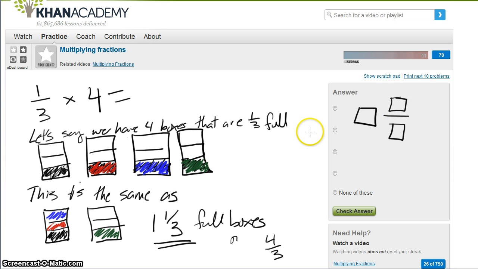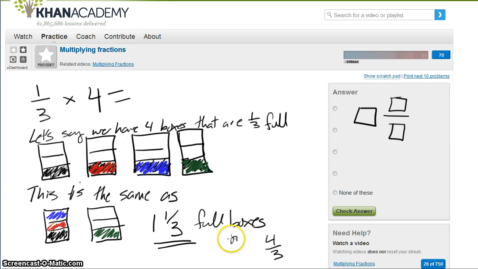And the way the hints are going to work is, we'll say, let's say we have 4 boxes that are 1/3 full, and actually draw out 4 of these boxes, since the whole number is 4, and show them 1/3 full, and show them off in all different colors. And then for the second hint, just literally say this is the same as, and show graphically how if you filled in the boxes fully, you could fill in the same amount of material in 1 and 1/3 boxes. So this is the same as 1 and 1/3